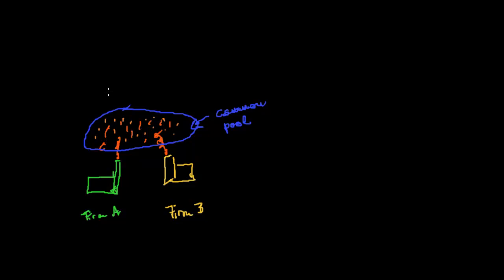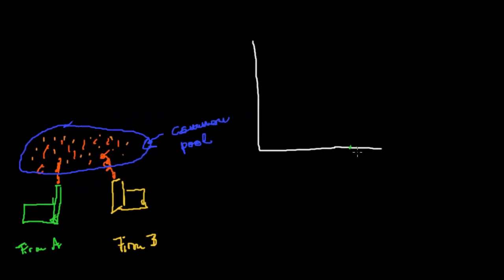So we're gonna have the same kind of graph first of all for firm A, and firm A is gonna have a certain amount of emissions, E0, it's emitting E0A, and then it's gonna have a marginal abatement cost. And then there's gonna be a firm 2,